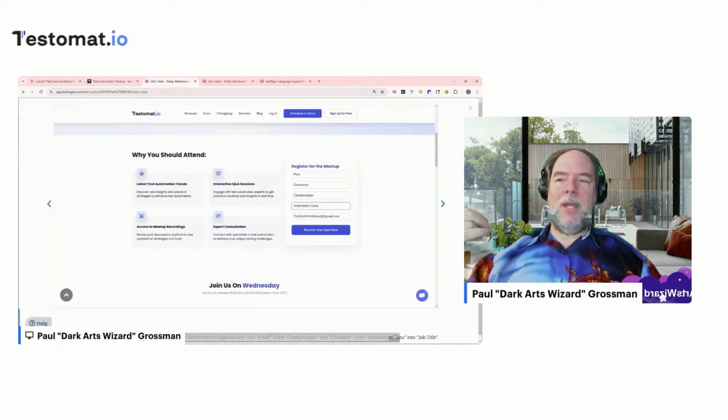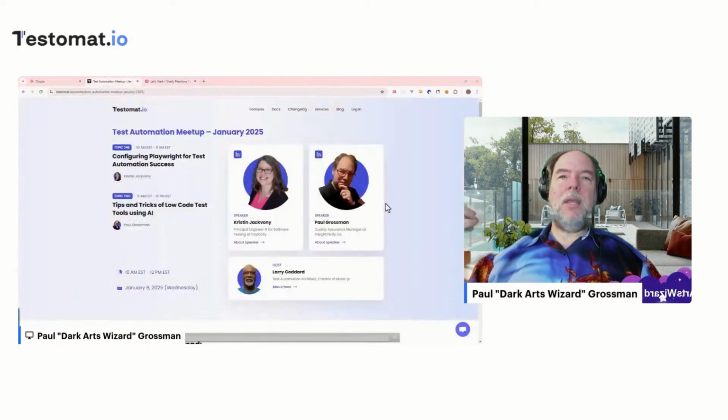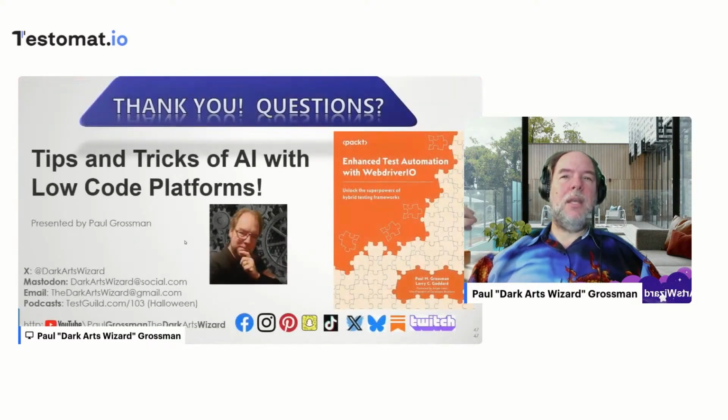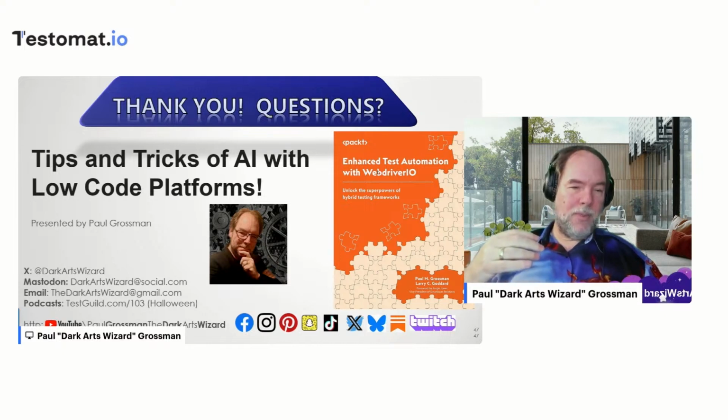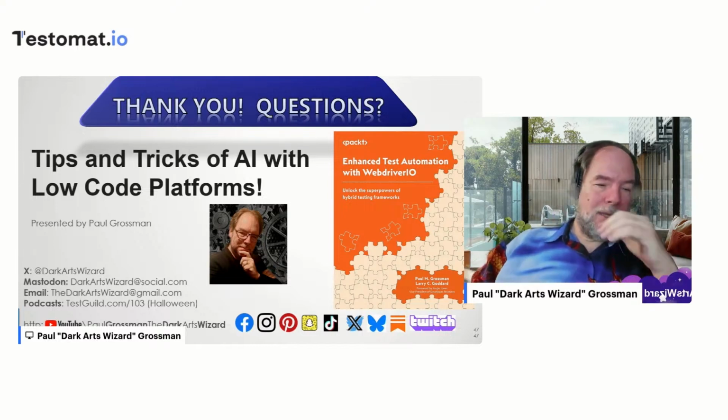All right, let me go on. I believe this is basically the end of the tips and tricks of AI with low-code platforms, and also some stuff for developers. This is a little bit of where I'm at on X, at Dark Arts Wizard. Find the Dark Arts Wizard anywhere you can find it, and I'm more than happy to do that. And I've got about 10 minutes left, according to my clock, maybe. And let me take a look and see